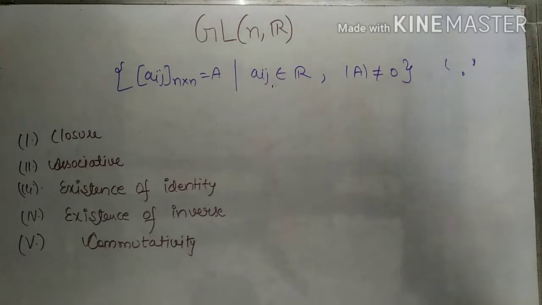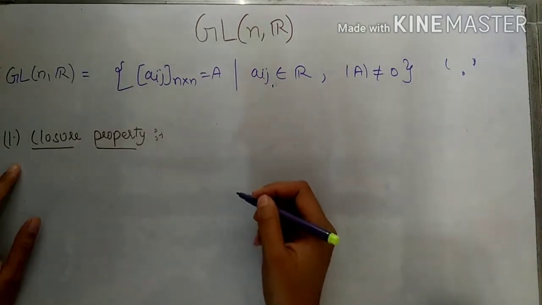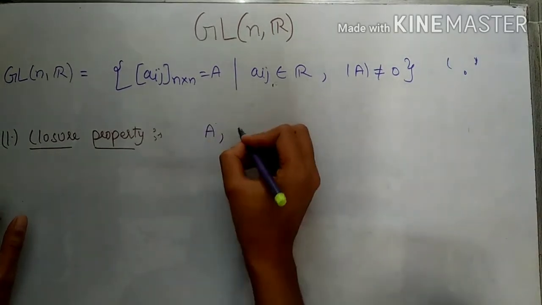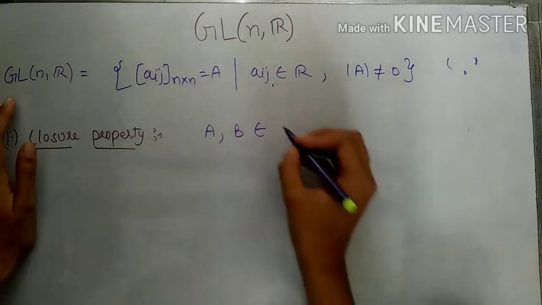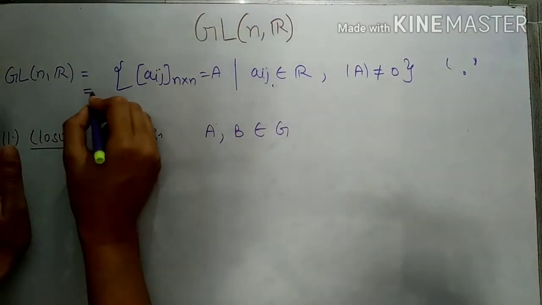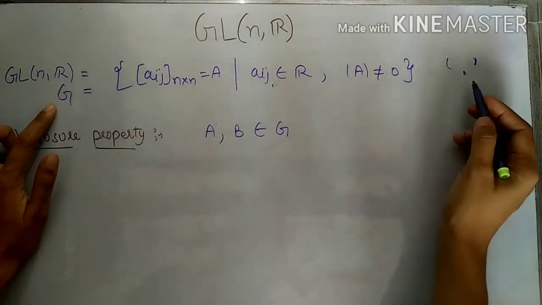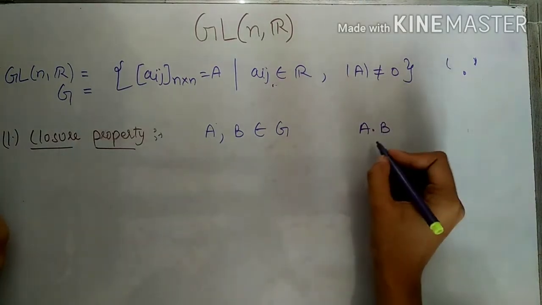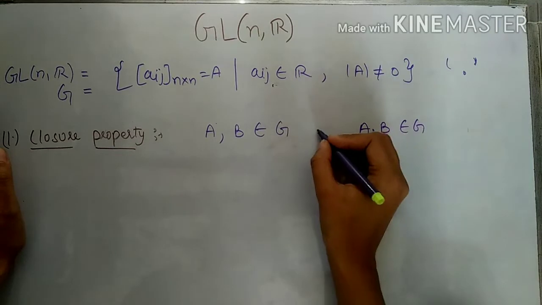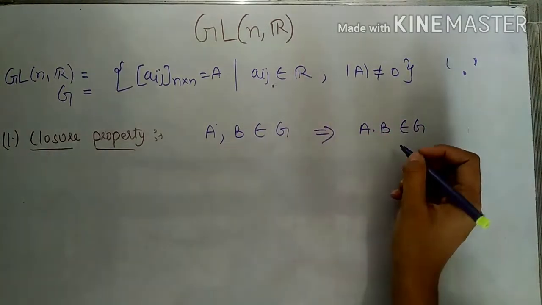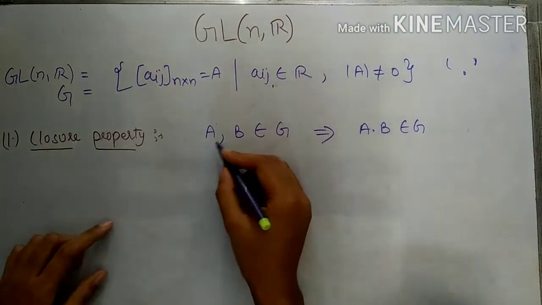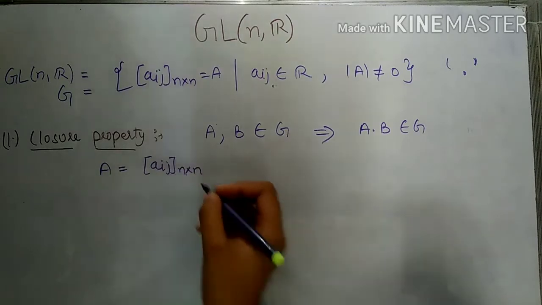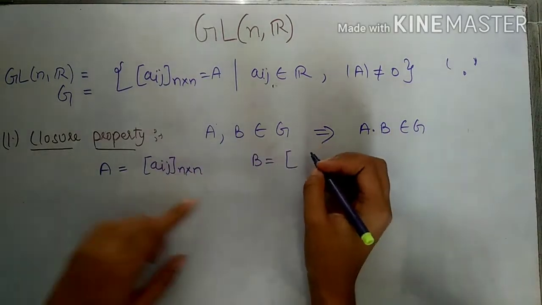So let's check it. The first property we are to prove is the closure property, that is, if I take any two elements from this set, like any two matrices A and B from this set, let's call it G, then after applying the operation of multiplication between these two matrices, that is A dot B, we are to prove that A dot B should also belong to G. We are to prove this. So we define A as an n cross n matrix like this, and B is also an n cross n matrix,